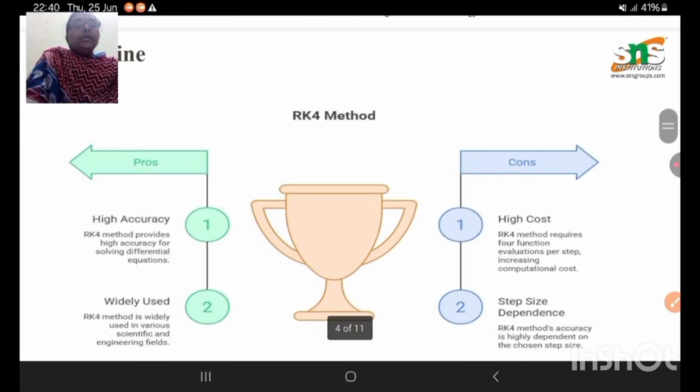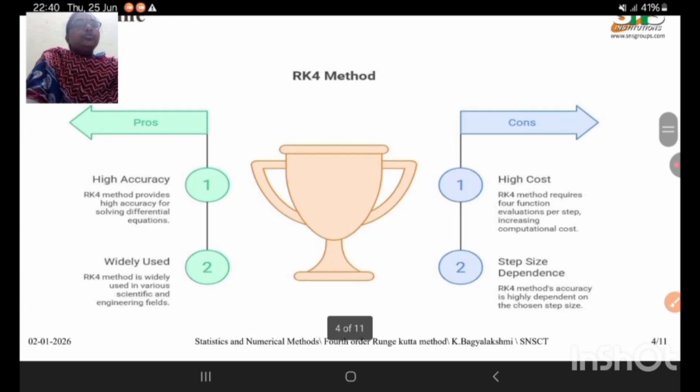Next we move on to the define stage. So the problem can be defined as follows. For example, we can choose one problem. In this problem, high accuracy is very important, and it is widely used in various scientific and engineering fields. The RK method is a best method for solving differential equations with high accuracy, but the computational cost is very high, and the RK method's accuracy is highly dependent on the